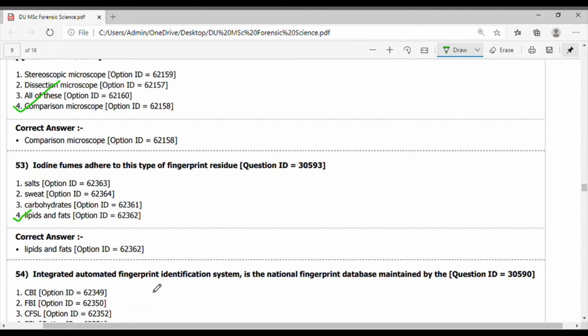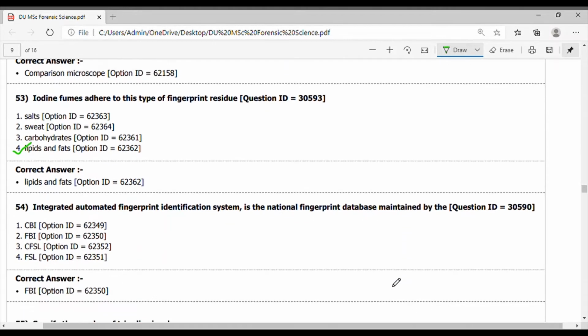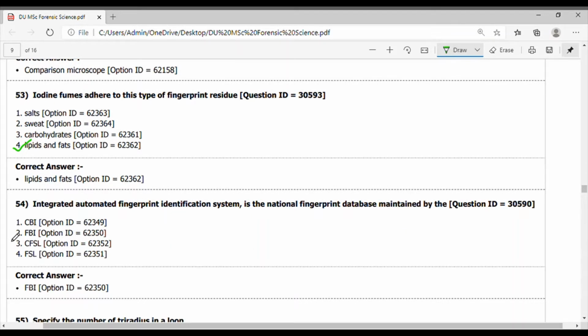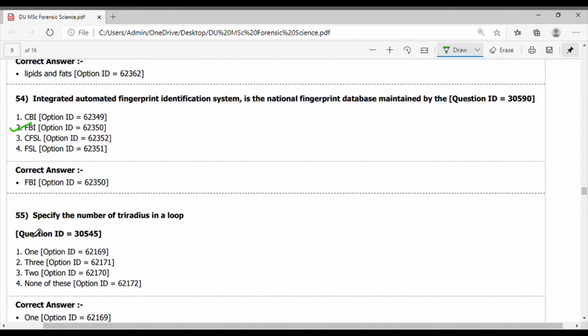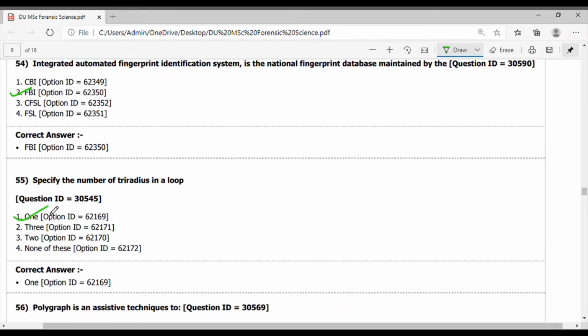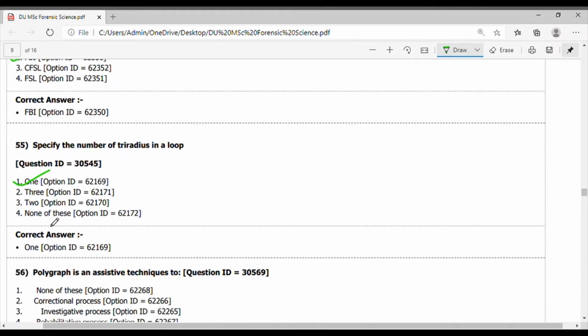Integrated Automated Fingerprint Identification System is the national fingerprint database maintained by the FBI. Answer second is the correct option. Specify the number of tri-radius in a loop, and the loop contains only one tri-radius. Okay. Question 56. The polygraph is an assistive technique